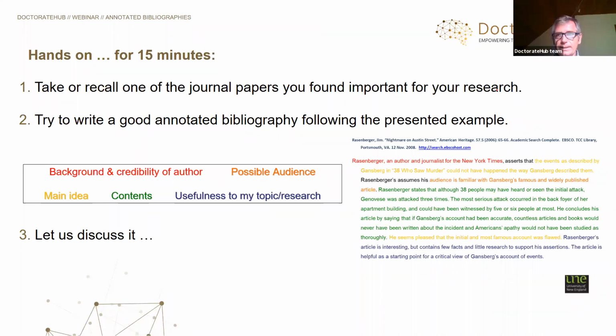My idea was that you write a short annotated bibliography without going into a deep analysis of any of the papers, but you definitely have in front of you or in your mind some of the papers which are extremely important, and try to put something like that together, and then we can discuss it if you want to. That was my idea, but as I said, I cannot push you to do that. If we have enough time and